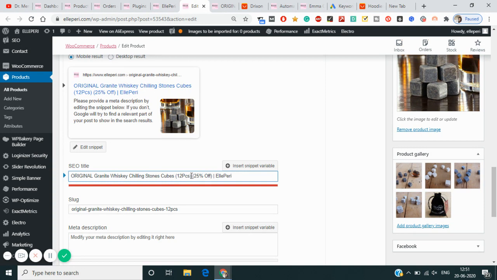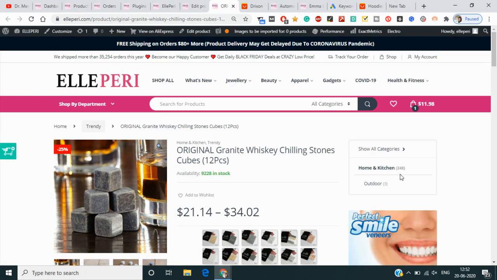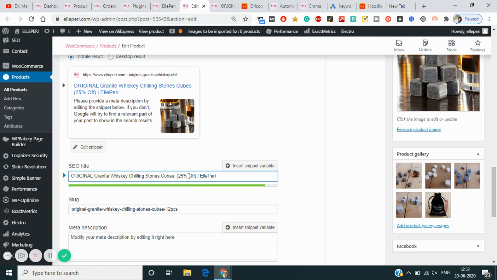And it's okay if I remove the 12 pieces because it's visible here anyway, so no need to give the 12 pieces over there. This 12% discount is important because when the product comes up in the Google search, this percentage will be visible, and that attracts the customers. So I have given the 12 pieces,